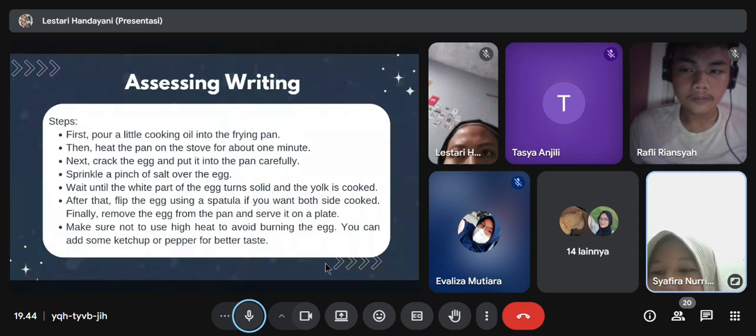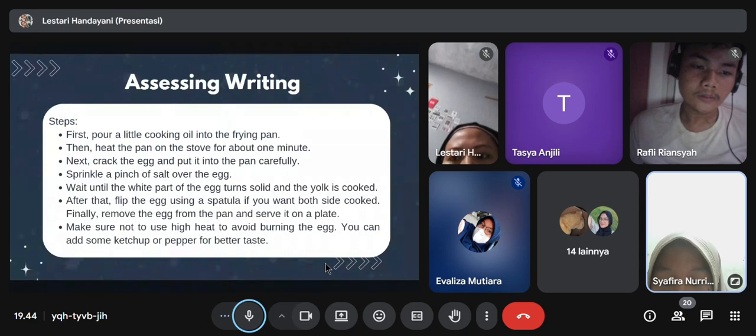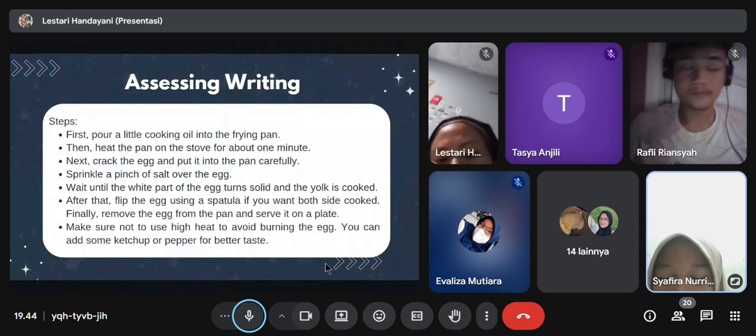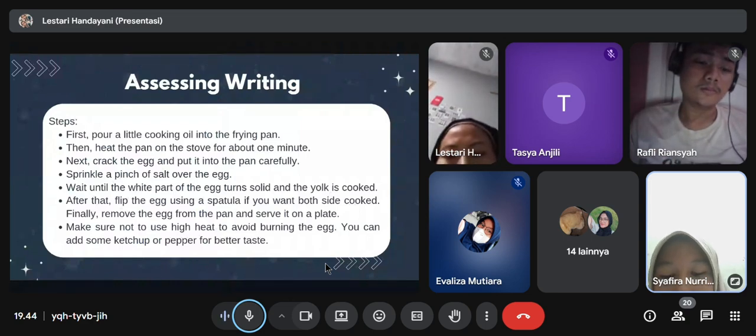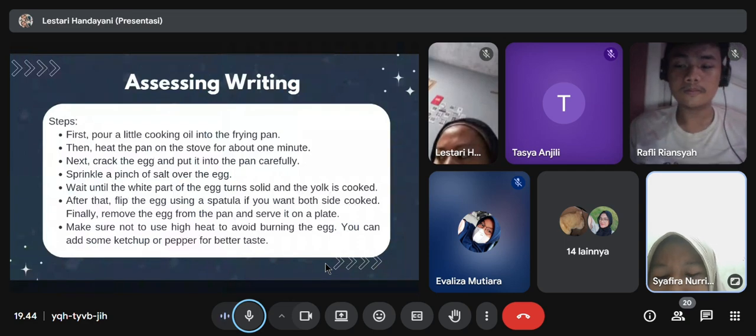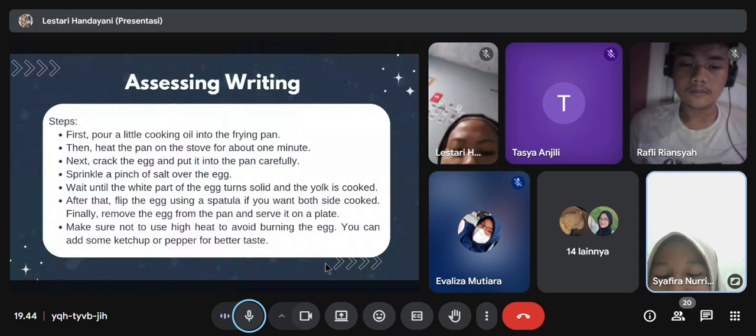In this example, we can see that this assessment result shows that the student has a good understanding of the basic structure of instructional text. It has an objective or purpose of the text, and then the steps are in a logical order, and there are additional tips at the end of the text.